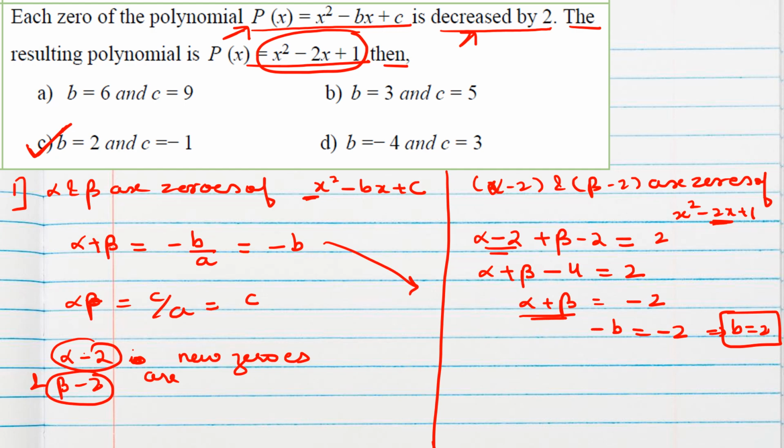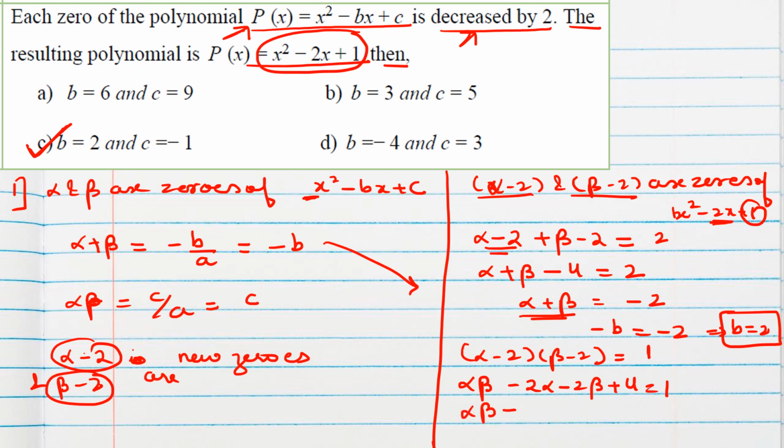Use the product formula. Product of these two zeros, alpha minus 2 and beta minus 2, is c by a. So in this case c is 1 and a is 1, so 1 only. So alpha beta minus 2 alpha minus 2 beta plus 4 equal to 1. Alpha beta minus 2, if you take common, alpha plus beta will remain, which is minus 2 here, isn't it? So alpha beta, we will get 4 plus 4 is 8, 1 minus 8, which is minus 7, and alpha beta value is c, so c is minus 7,